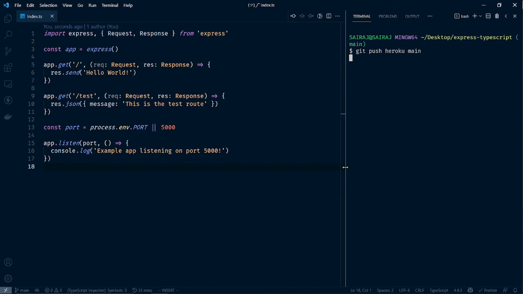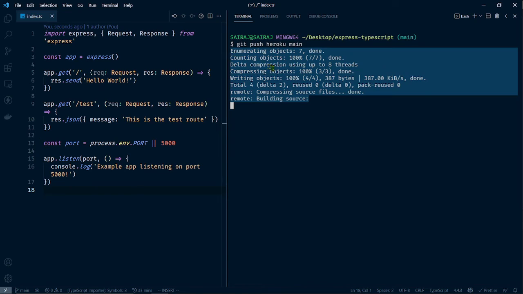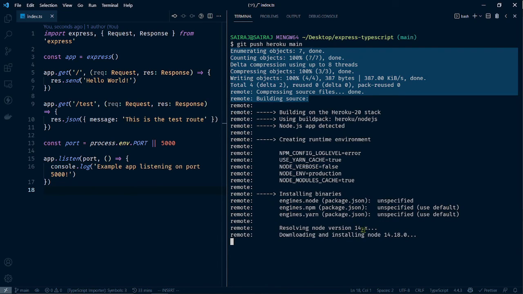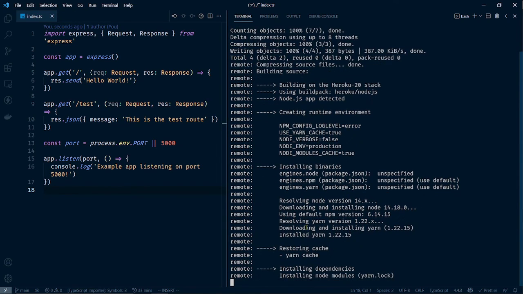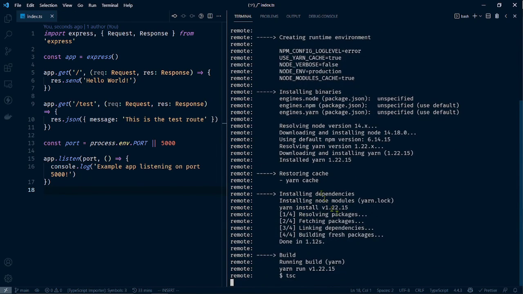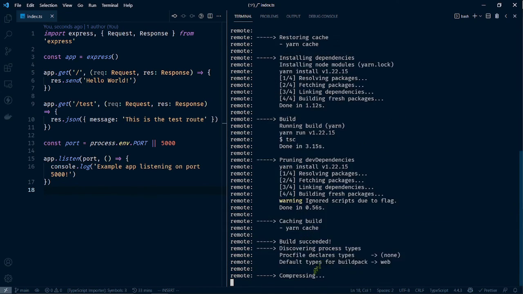This will trigger all those processes again, and first it will push this source code to Heroku Git, and then it runs all the things again. It will be faster than previous because we have some cache, and it's running tsc. It's done in 3 seconds. It's building things, everything is done, it's compressing,